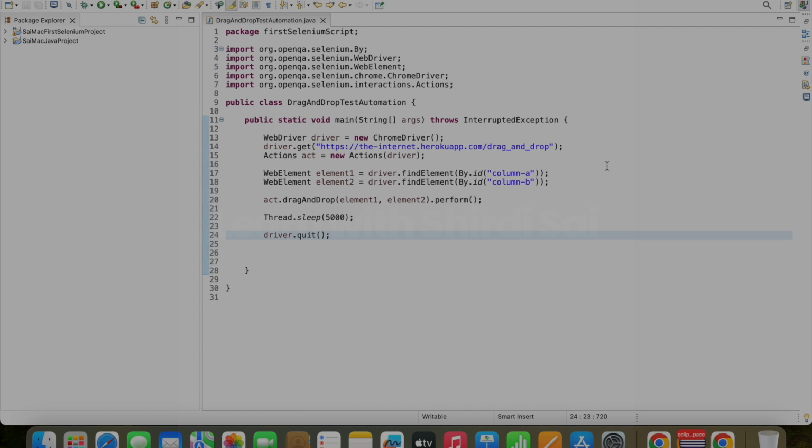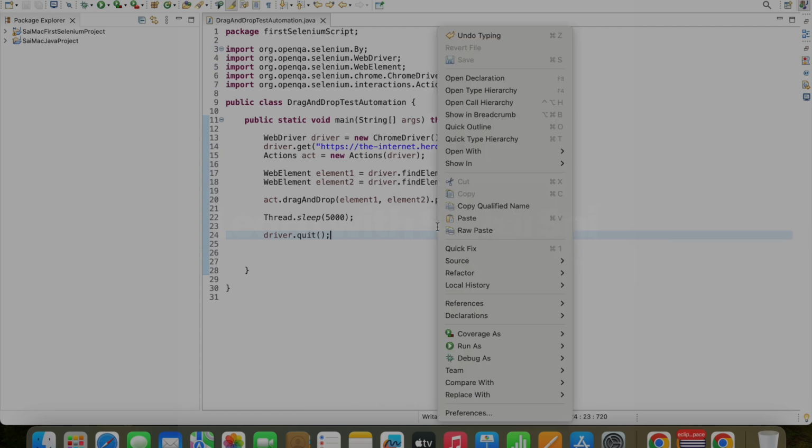Okay, I'm saving this. Now clicking on Run As Java Application. Okay,